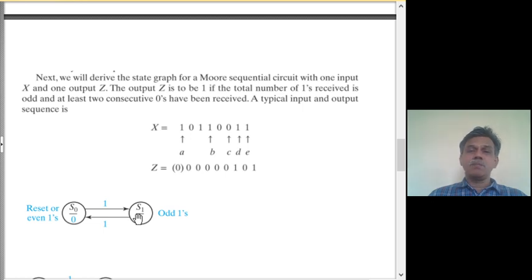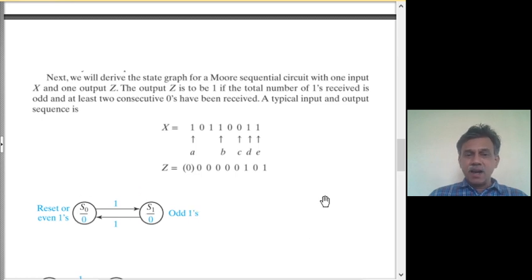Supposing the condition is met, we will now know how to change this graph. This can be handled by a case where whenever there is an odd count, the output has to be 1. Whenever there is an even count, the output has to be 0. So we can come up with 2 partial state graphs. One state graph keeping track of the count when the condition is not met, which is this. Another state graph where the condition has been met, that is, 2 consecutive zeros, and after that how the machine should behave.